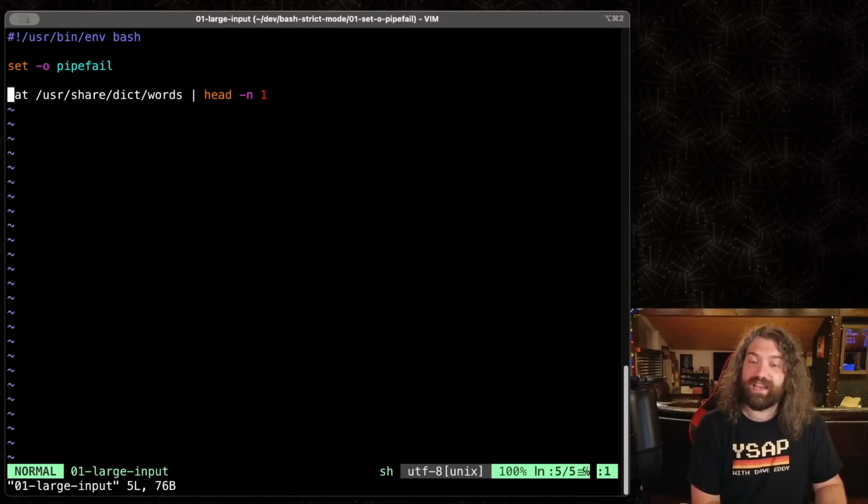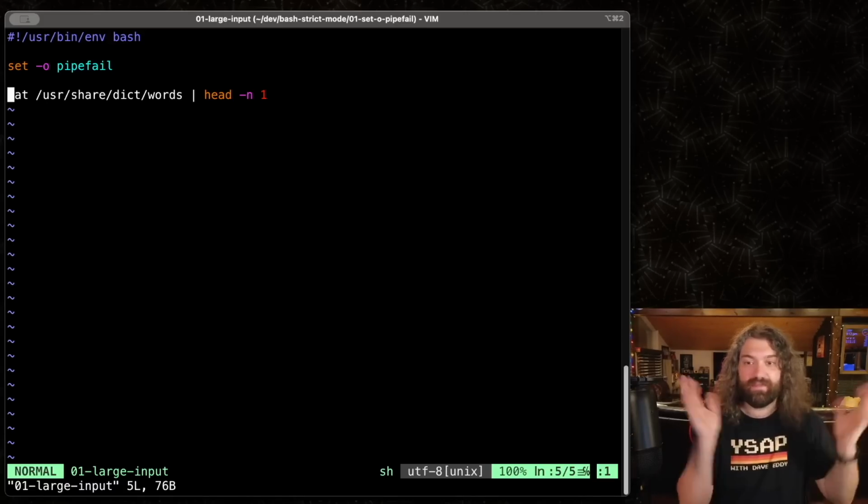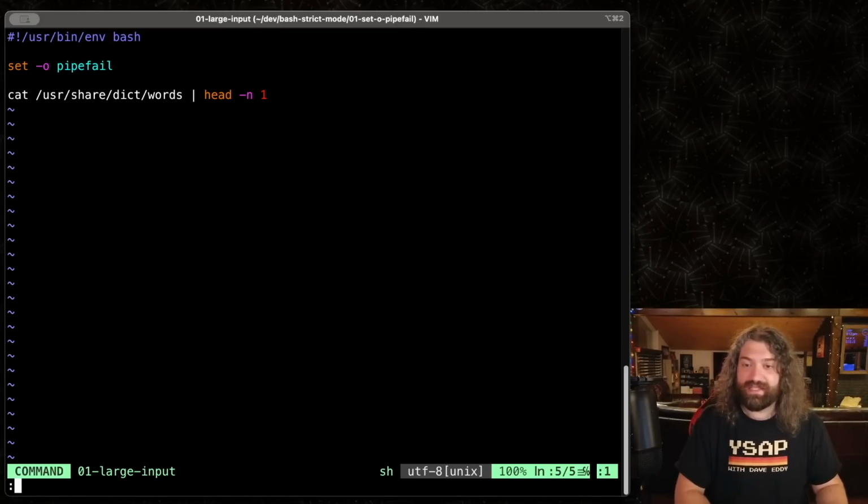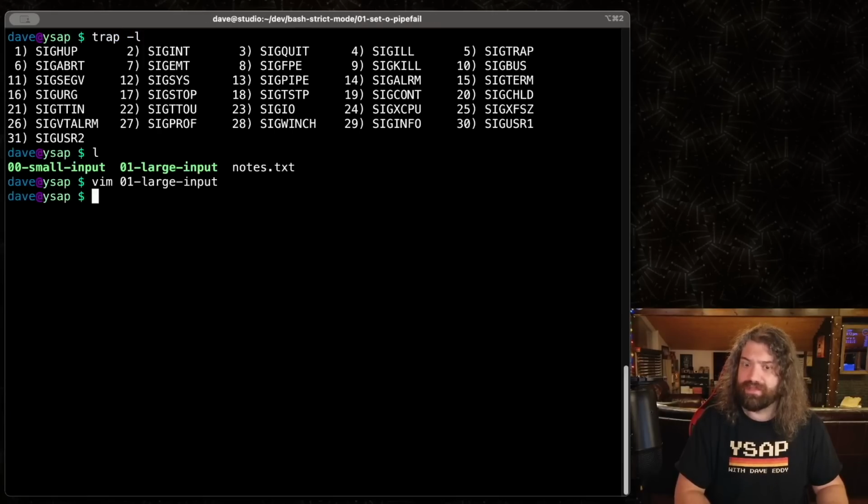With pipefail set, if you had this also with set -e, you're done. That script is done. And this is a very difficult problem to figure out. How would you figure this out? I knew how to take 143, 141, I don't remember, subtract 128, look at trap -l. But if you were just getting started, how would you debug this? That'd be very tough to debug. And that's why I'm worried about this strict mode.